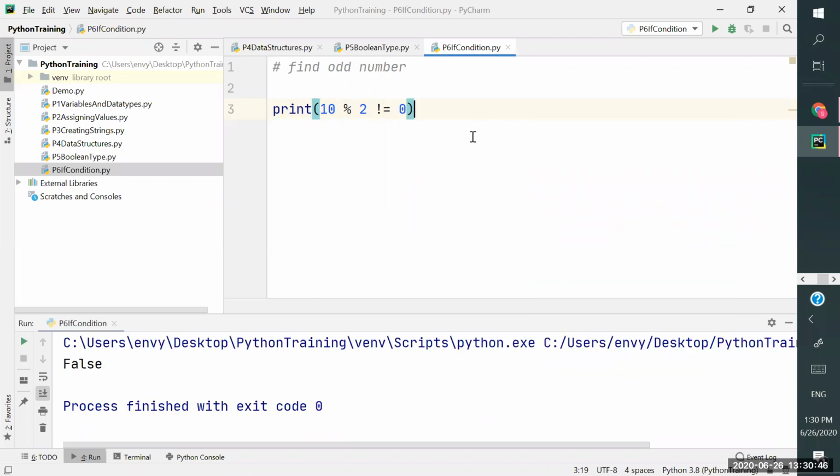So here the condition is going to give you a true or false result. You don't need to worry about whether it is a string or something like that. It is going to give you the Boolean value. So it is Boolean type, right? So here we are going to give an if condition.